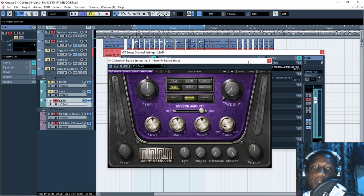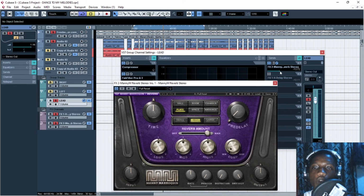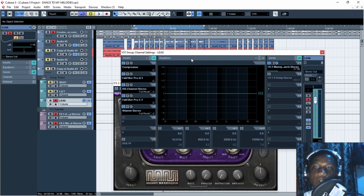Here is very simple. I think I'm even adding more of the reverb, so I will just decrease it,